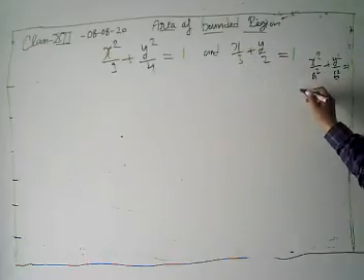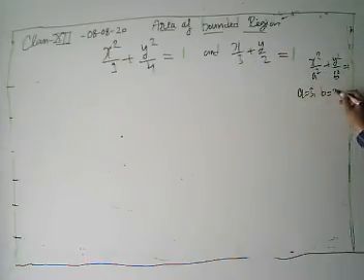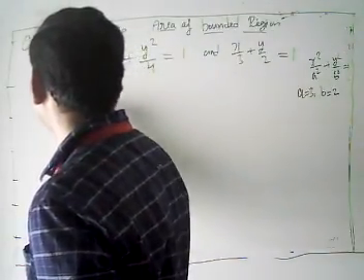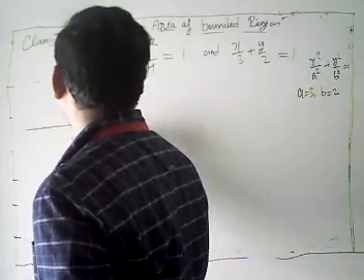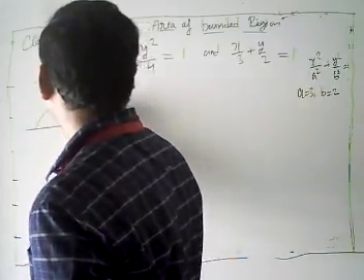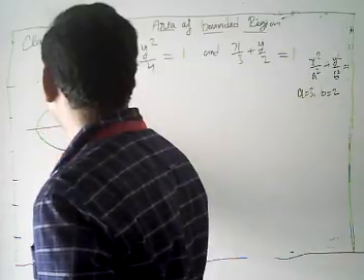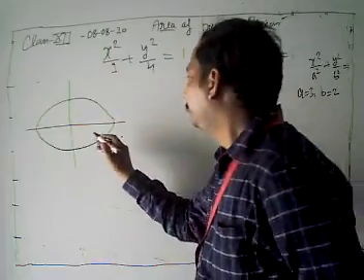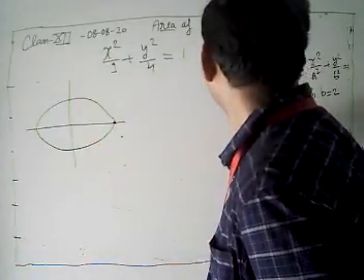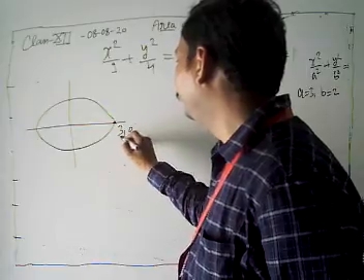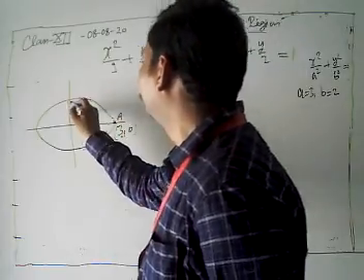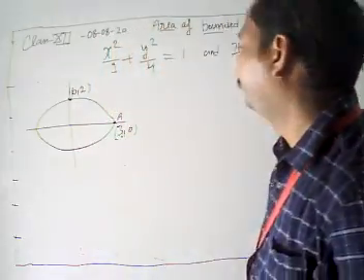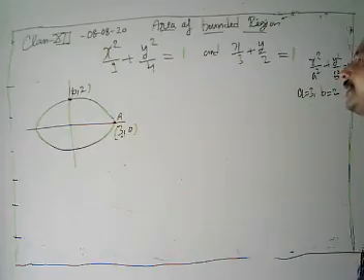Comparing, we get our a is 3 and b is 2. Then we are going to draw our ellipse there. Look, this is our ellipse. This is our point (3, 0), and this is our (0, 2). Now look, we draw the graph of the ellipse x square by 9 plus y square by 4